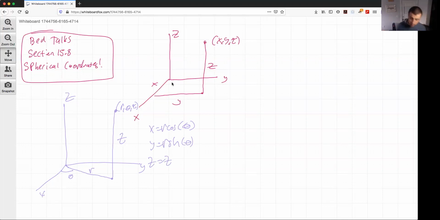Now, a lot of times we don't have cylinders. We don't have just Cartesian. Sometimes we're on a sphere, or I have a spherical wedge. What I mean by a spherical wedge is, if I have a regular sphere, a spherical wedge is just part of a sphere, like a little bit of a wedge coming out of it. Now, why would we think about it this way? Well, think about it in terms of an astronaut, or even just a person at NASA with a telescope. So when we think about spherical coordinates,